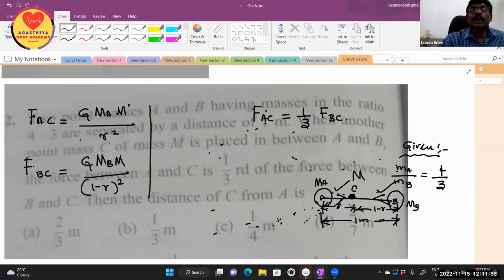Now use these values in this condition. G capital M R squared is equal to 1/3 of